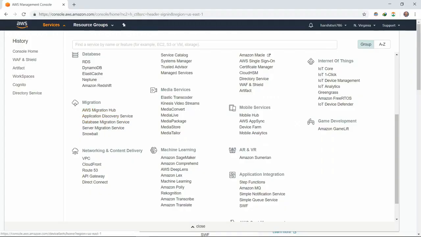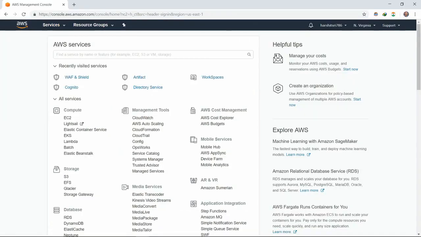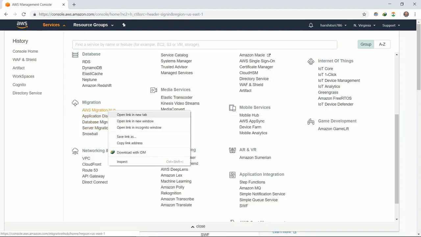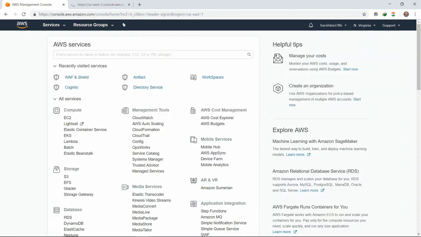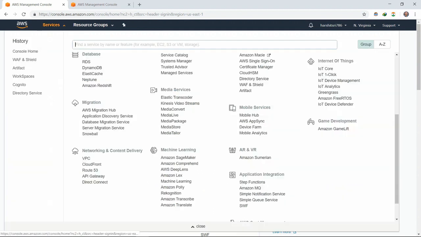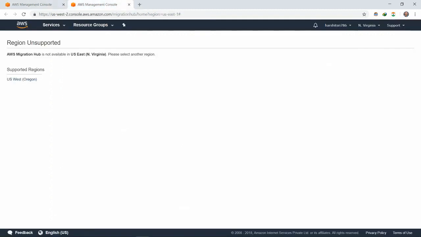Now we're going to create a Migration Hub instance on Amazon Cloud for migration purposes, based on databases or other things. For a cloud migration for a data organization, all kinds of data could be migrated from one center to another, either on the public cloud or the private cloud, or from on-premise to the cloud. We could use the Migration Hub. It is currently available in the US East, North Virginia region,